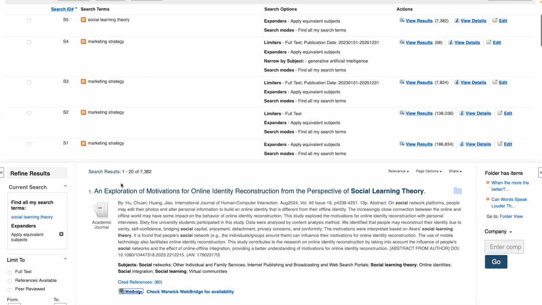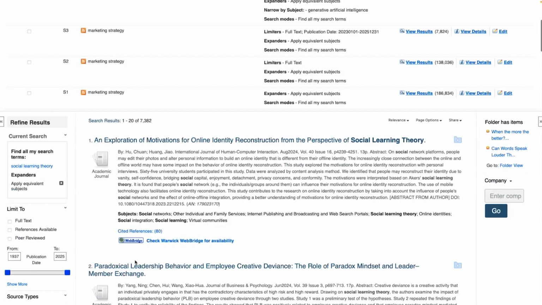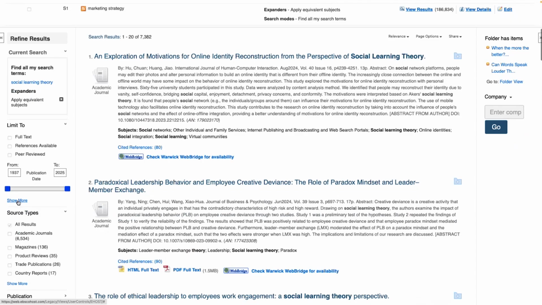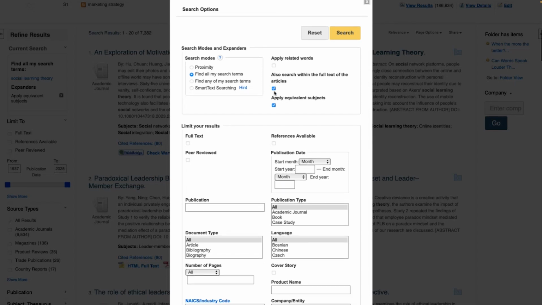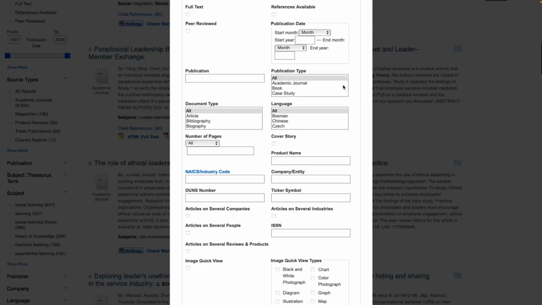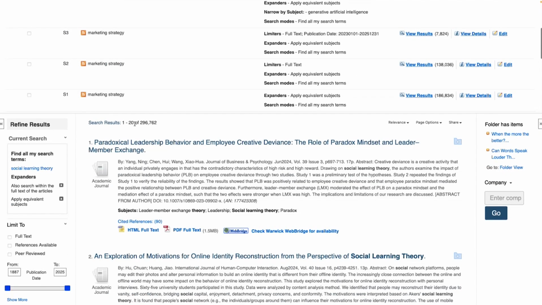So if I go back to that option, I could either click on advanced search, or look down the refine options and click on show more. If I now click on this option here, which is going to search all of the full text that's available, we are going to go from 7,382 to just under